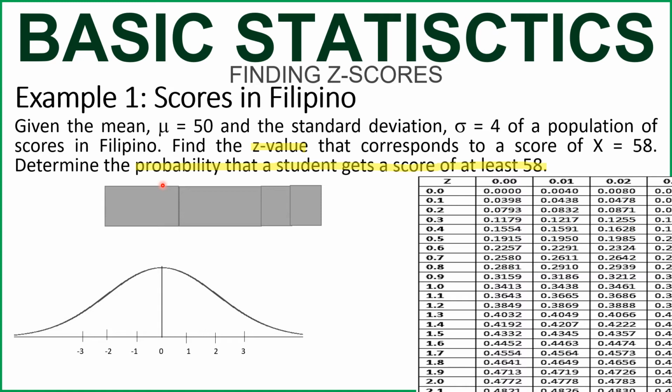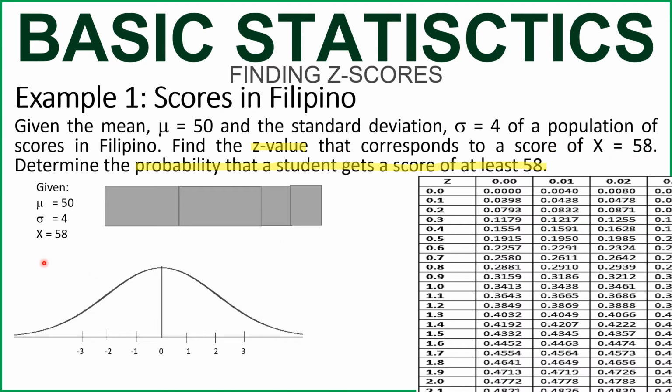So first thing we do is to get the given. Our given is mu equal to 50, which is our mean, the standard deviation of 4, and the